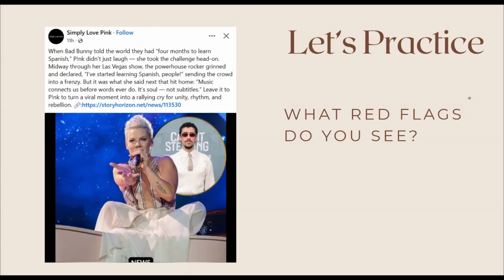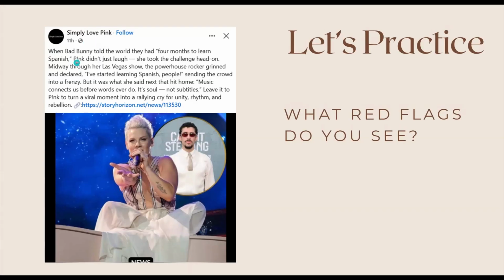All right. So a couple things that I want to point out. The source, this page, Simply Love Pink. And Pink is a performing artist. That's her right there. First, they say Simply Love Pink. They don't say her name on the fan page correctly.